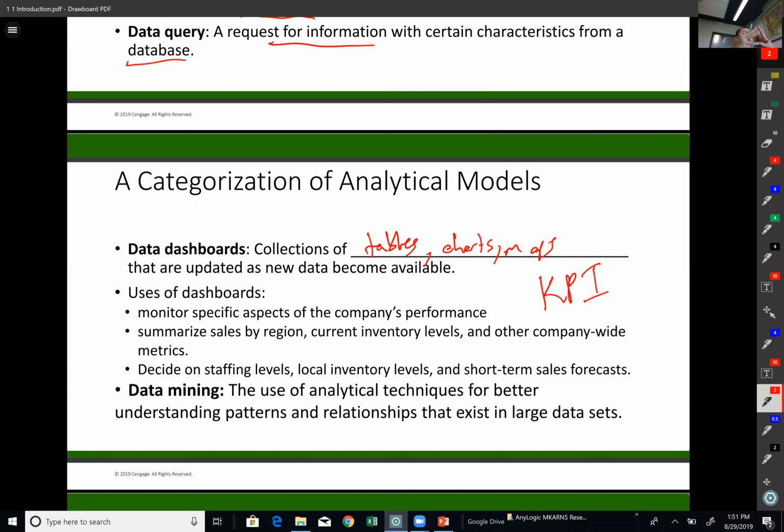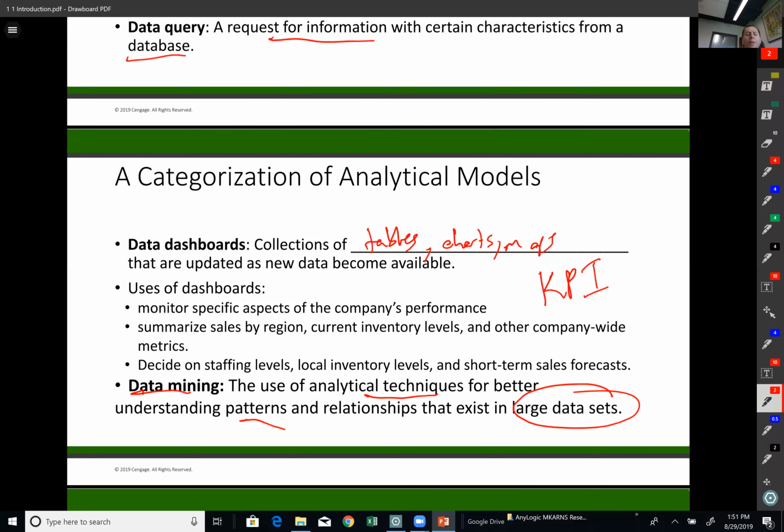So similar to a car dashboard, which will show you the speed of the car, the fuel level, and so on. But if you don't check or see that car dashboard, basically we will fail. We will run out of gas, or we will fail to have an oil change, and our engine may be broken in the future. So it's an important concept to have dashboards for managers and business owners. Data mining is also similar to descriptive analytics. We are using tools, but in this case, we are talking about large data sets. We deal with large data sets here.